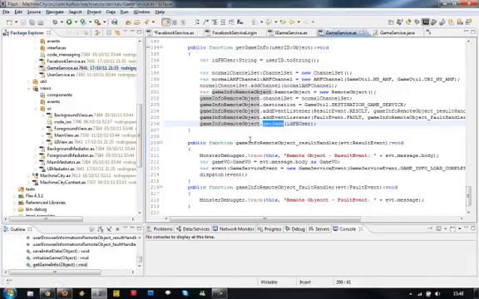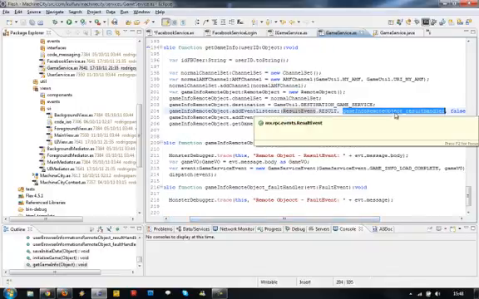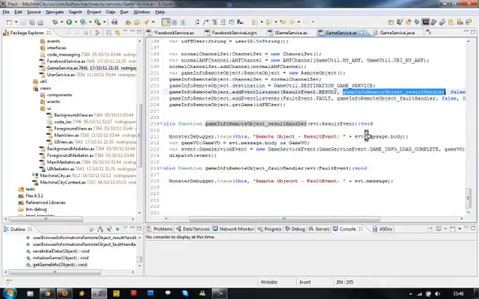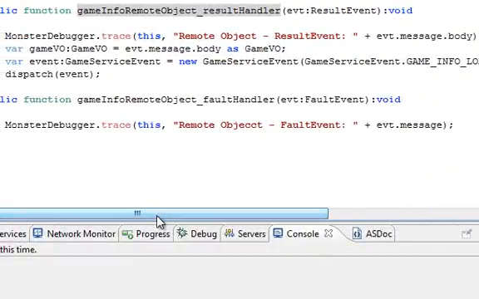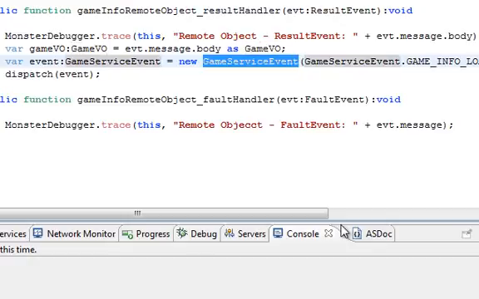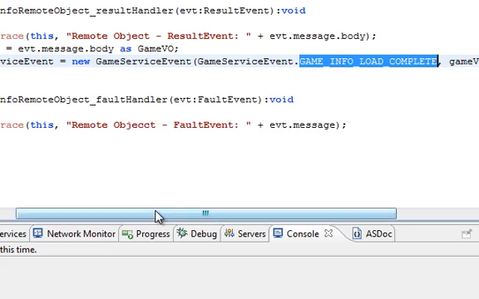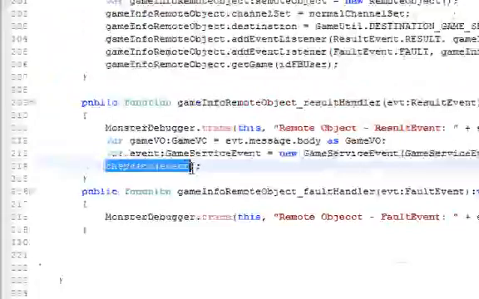Game service. When the result event happens, this function here will be executed. In this function, I receive the game VO that the server sent, and I dispatch this event here, game service event of type game info load complete. So dispatching this event to the context,